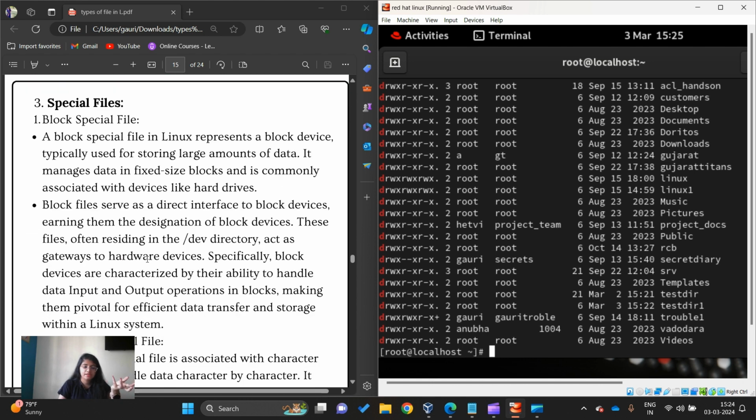Now we have special files. We have two kinds of special files. First is the block special file, and second is the character special file. A block special file is of fixed size, and a character special file does not have any fixed size. And it is basically used